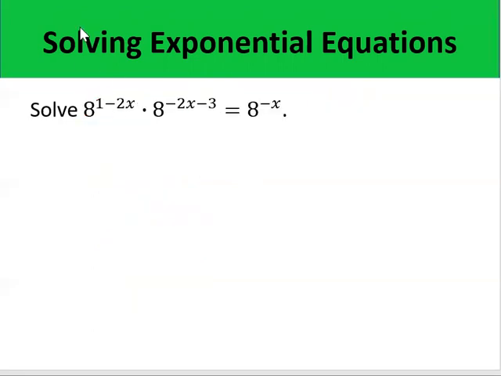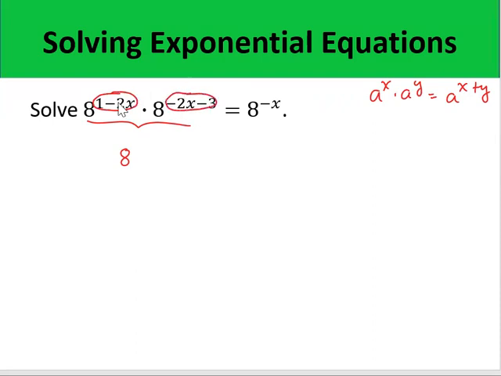Let's have another one. Let's try to solve for 8 raised to 1 minus 2x times 8 raised to negative 2x minus 3 is equal to 8 raised to negative x. Now observe that in the left side, we have the product of two exponential expressions having the same base 8. So in this case, we can use the law of exponent a raised to x times a raised to y is equal to a raised to x plus y. So which means that this product can be written as a single exponential expression, but we need to add their